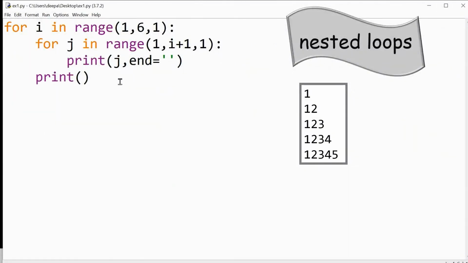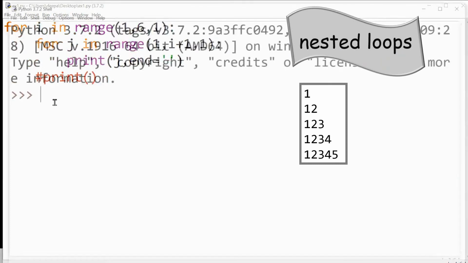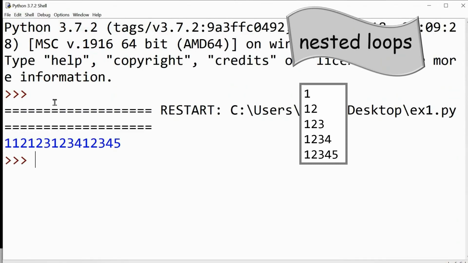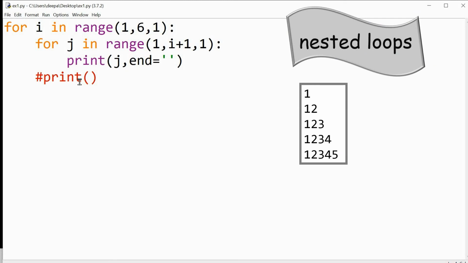What will happen if I don't give this print? I will make it a comment and show you. You can see the output is in a single line. So the purpose of this print is to bring the cursor to the next line after each iteration of the outer loop.